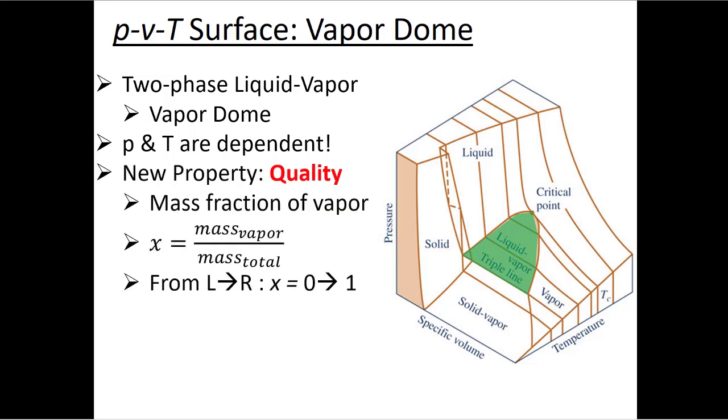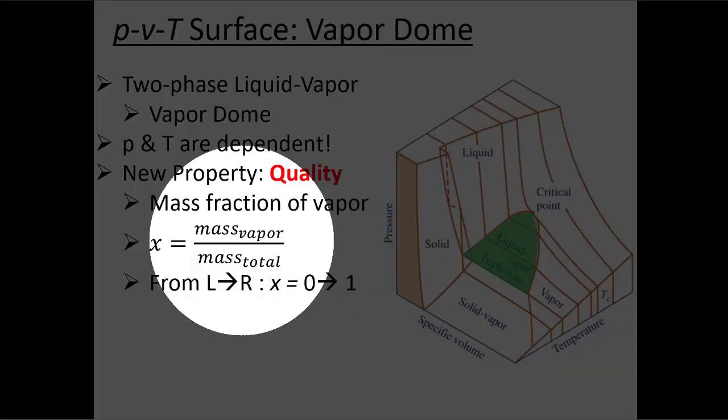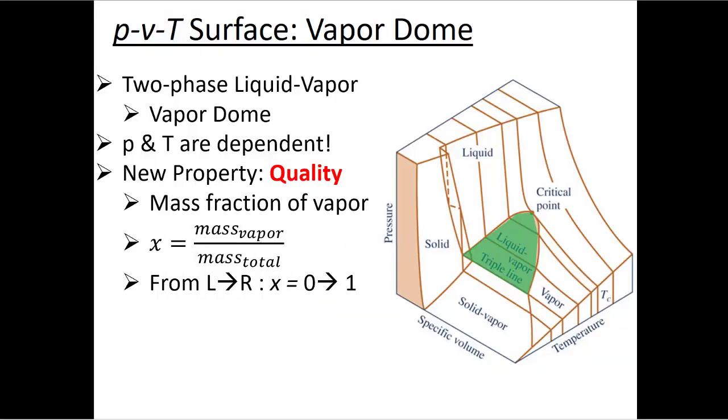So if we're under the vapor dome, we might need a new kind of property to describe what's going on in our system. So here, we'll call this new property quality. So quality is the mass fraction of vapor that's in this steam liquid water mixture. Quality is defined here as X, and that's going to be the mass of vapor in our mixture divided by the total mass. So quality has to go between 0, which means that there's no vapor, and 1, which means